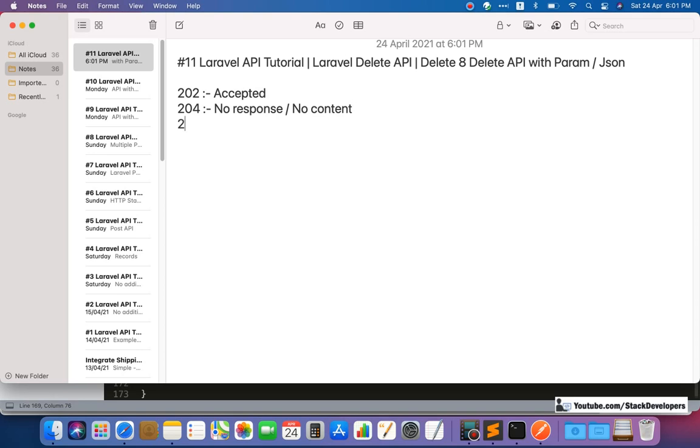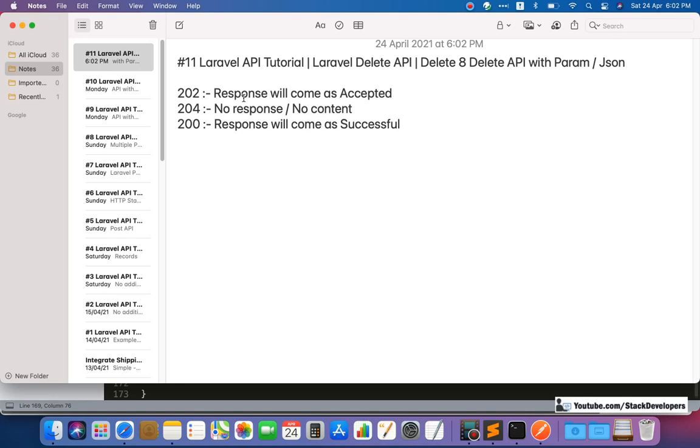There is also the 200 status code that we can use, and with the 200 status code, the response will come as successful. So with 202 the response will come as accepted, with 200 as successful, and there is no response, no content, in 204.